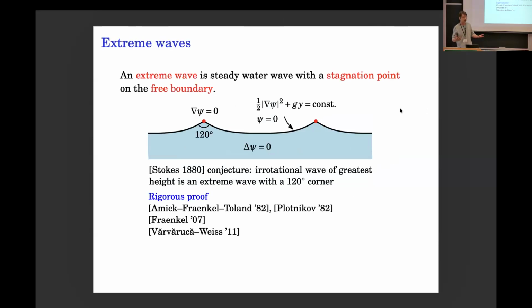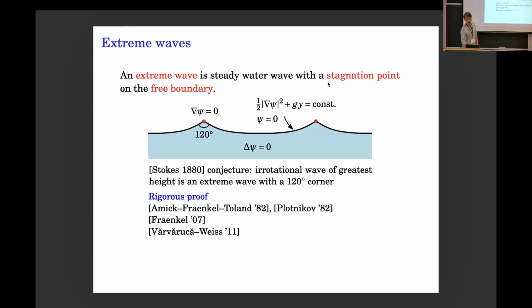What is a stagnation point? Stagnation point means that the particle does not move in the moving frame. Or you can say in the original lab frame, the particle moves together with the wave at the same speed. In some other contexts, one can relax this condition from a full stagnation to a horizontal stagnation, which I will get into later.